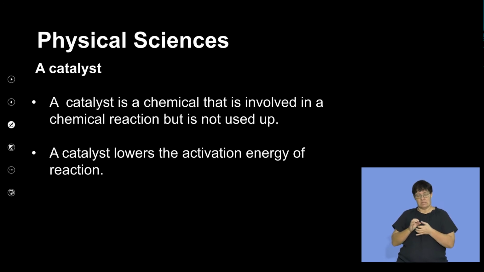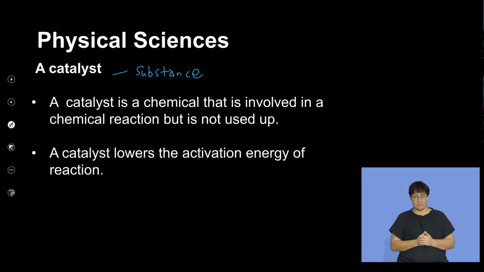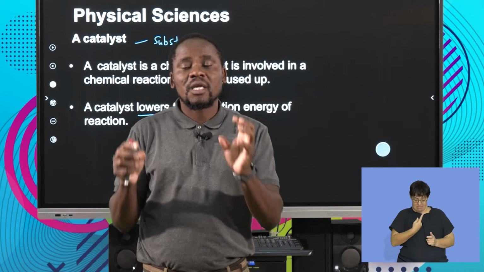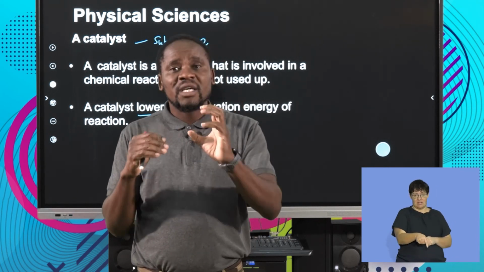We've got a catalyst. A catalyst is a substance that we add to a reaction so that the reaction takes place very, very fast. A catalyst is a chemical substance that is involved in a chemical reaction but is not used up. The role of the catalyst is to lower the activation energy. So if we have a catalyzed reaction, we have added a chemical substance that will provide an alternative